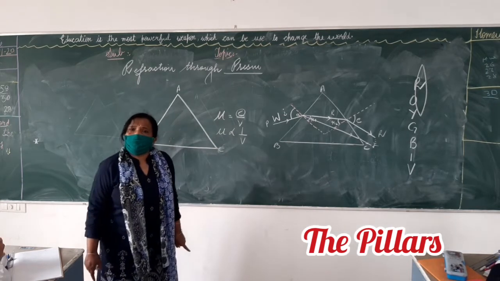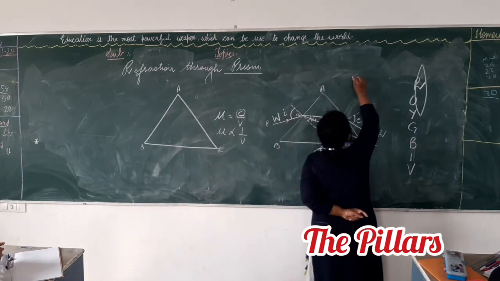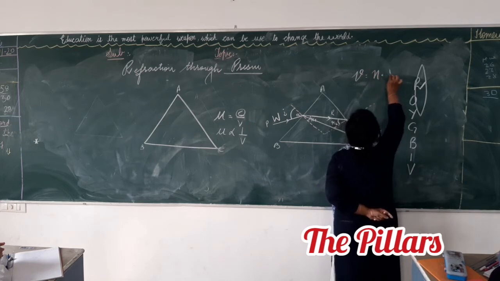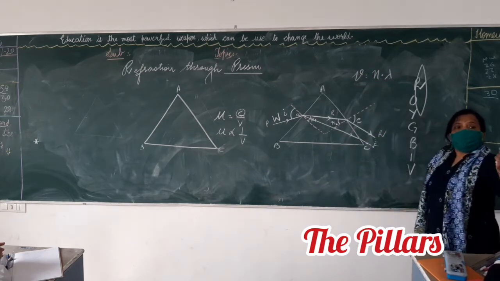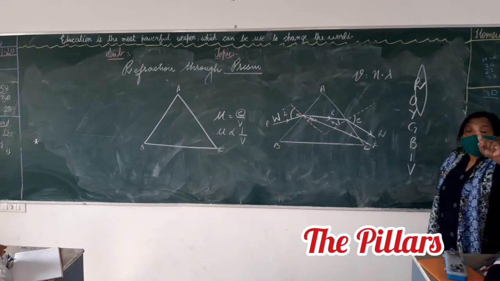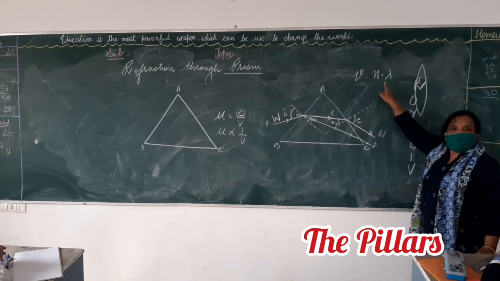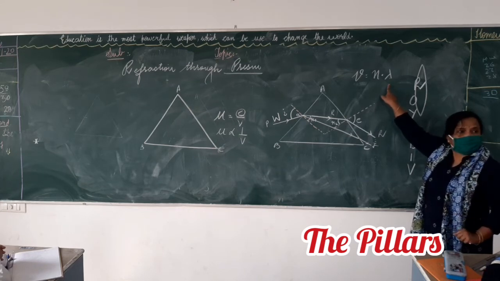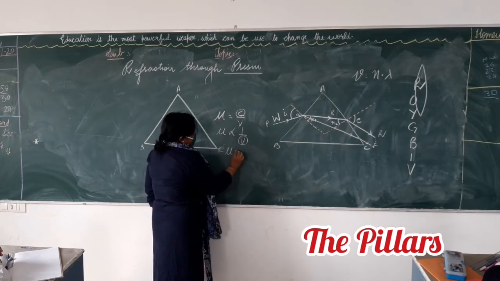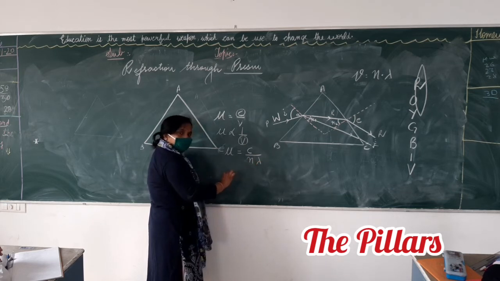Now, how is this refractive index related to wavelength? You know V is equal to n lambda. What does this V stand for? Speed of wave, because light is also a wave. n is the frequency, which remains constant. And lambda is the wavelength. Can I replace this V by n lambda? Yes. Mu is equal to C upon n lambda.